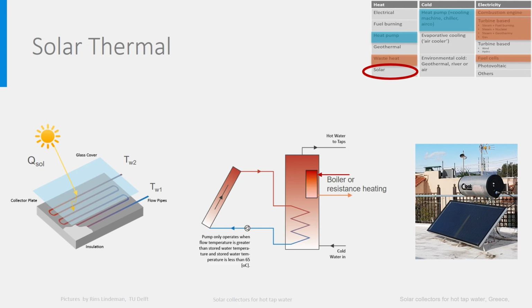There are many ways to improve the efficiency of the simple solar collectors. For instance, vacuum collectors or concentrating collectors. Next to direct use for hot tap water or space heating, there are many other relevant applications. The warm water from the solar collector can be used as a heat source for heat pumps or to regenerate the ground temperature. It can also be used as source for low temperature heating networks. There are plenty of useful applications in development.